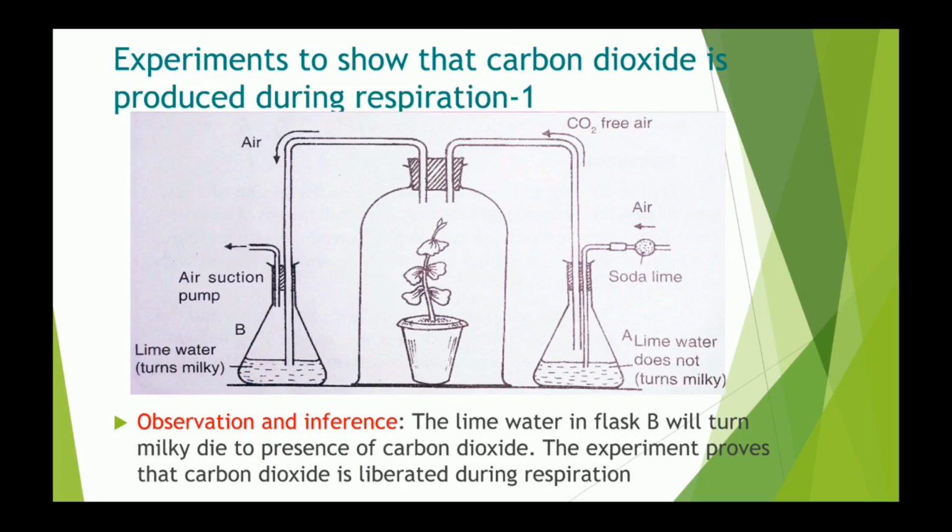What we have to do in this experiment is take a bell jar, as you can see here, and a healthy potted plant. We also take a delivery tube and two flasks, as you can see, and name them A and B. In this flask we have another tube, and on this side there is a second tube. In both flasks we have to take lime water also, and then air is allowed to pass